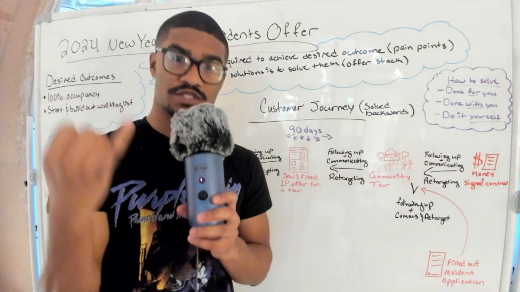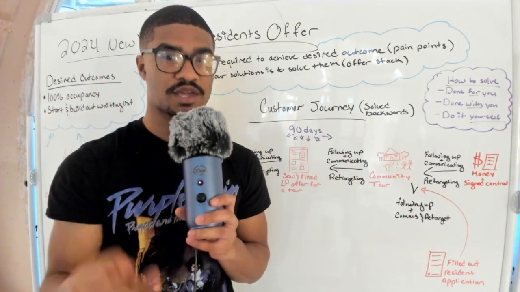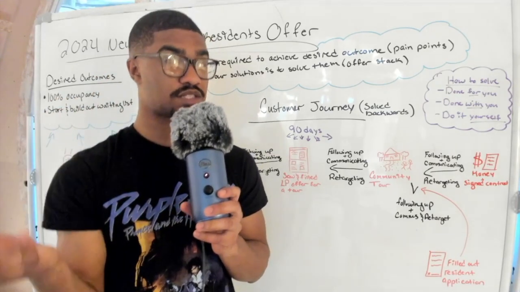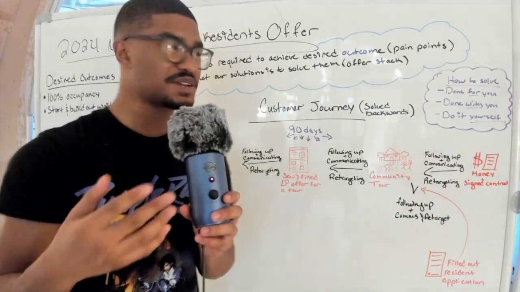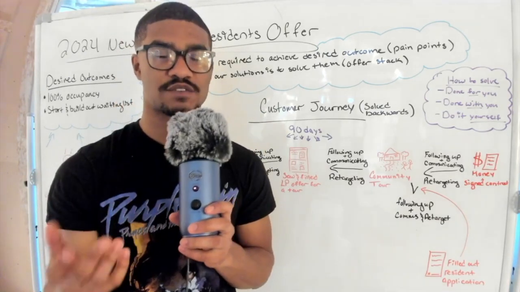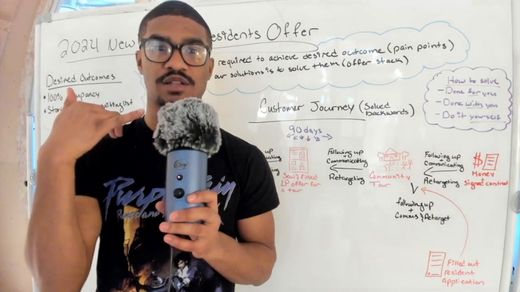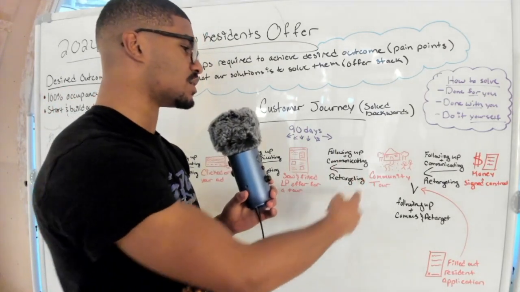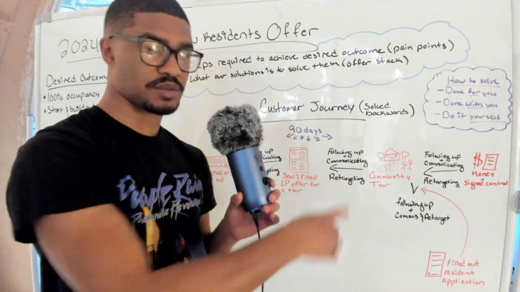You have to set up retargeting campaigns. You have to set up automated email campaigns. You have to communicate, which is time. You have to actually have someone that's good at communicating. You have to literally have a CRM where you know the previous step of where the conversation left off last time, so that when you follow up and call them, it's not just like you're calling out of the blue. So there's all these things that you have to do for following up, communicating, and retargeting between each and every